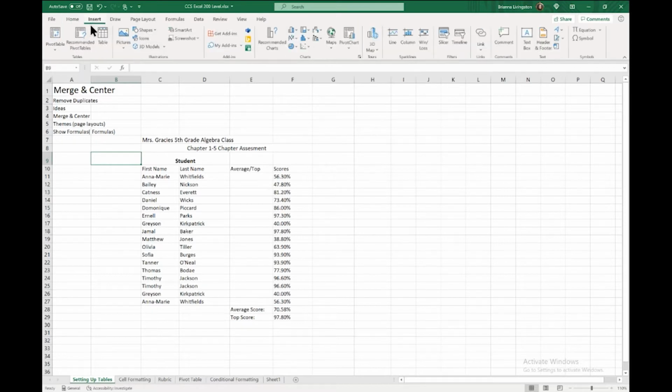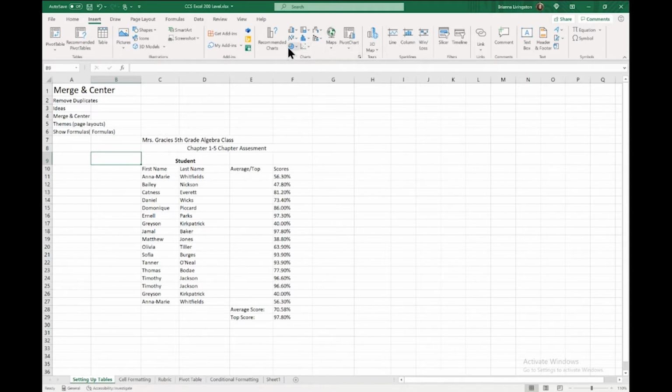Here in the Insert tab, you can add pivot tables, which we will try to get to today. I'm going to try to go through this stuff a little bit quicker since we've got a lot of people in here too, so I want to leave some time for Q&A and all that stuff. But we've got pivot tables. You can insert pictures, all that good stuff. And here are a few add-ins you can get. Some things I already have built in.